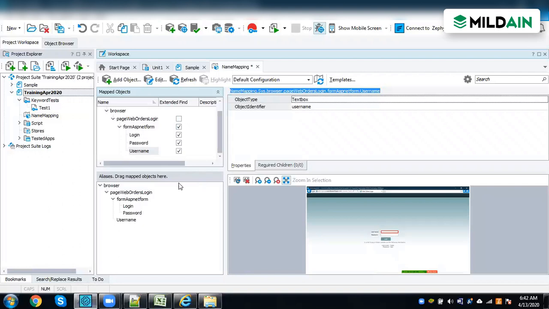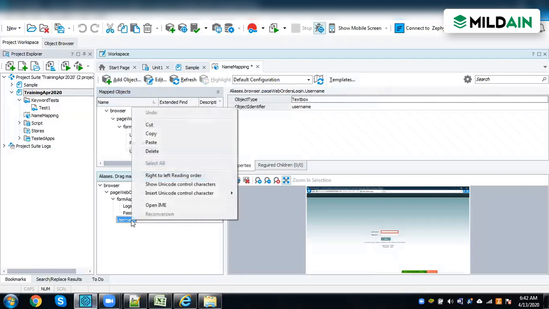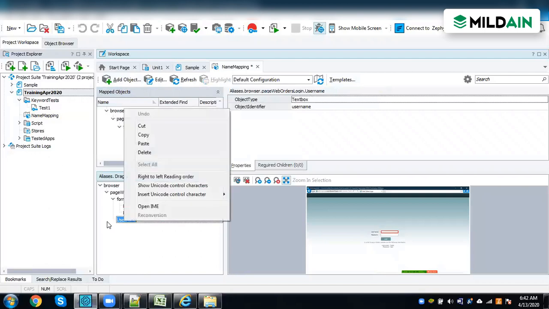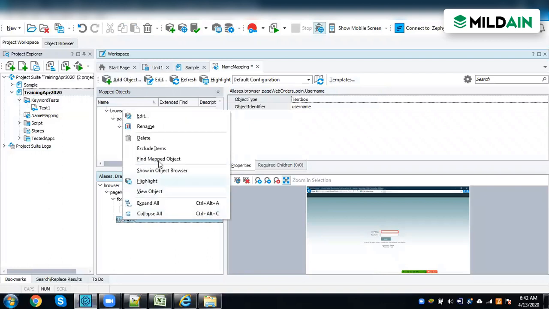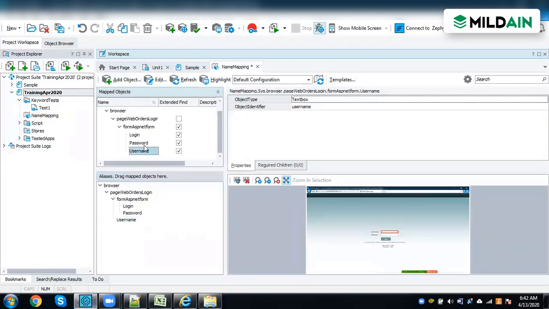So that is the only reason. But here it will not have any performance issue because it is just to rename it so that it looks readable. But if you see, the actual properties are coming from here. Whatever you see here, when I right click and go to find mapping object, the ASP form is actually there. Only in the view it is hiding.